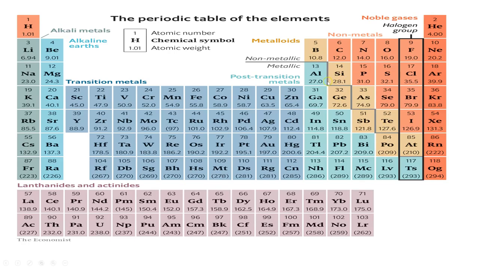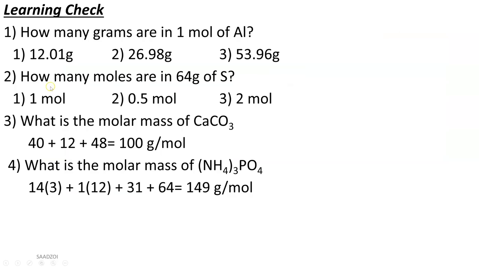So if you look in the periodic table, the mass of aluminum is 27 grams. So it's asking for 1 mole. What would 1 mole of it weigh? 27 grams. What if I have 2 moles? 2 times 27 grams, which is 54. So the quantity of moles you have, you just multiply by the molar mass, and that's the grams you have